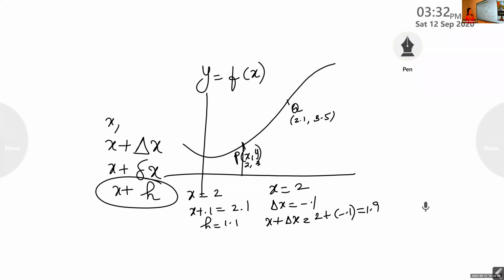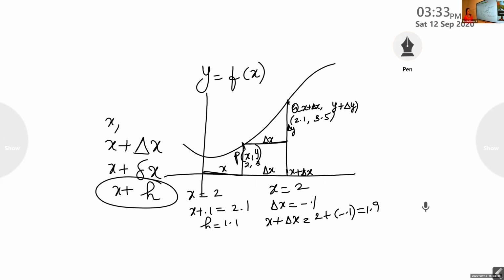So here it is x, y. Correspondingly there is a change here. We denote the coordinates of Q as x plus delta x, y plus delta y. Now this is the point Q. This is delta x, isn't it? This is change in x. Up to this we are taking this as x, so this value you can write as x plus delta x. Up to this is y, so this one will be delta y.